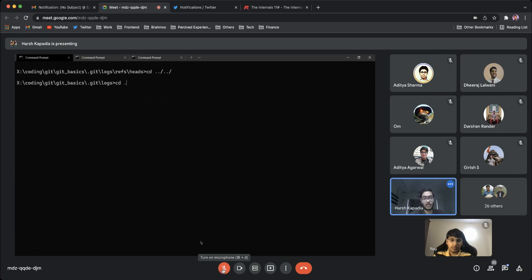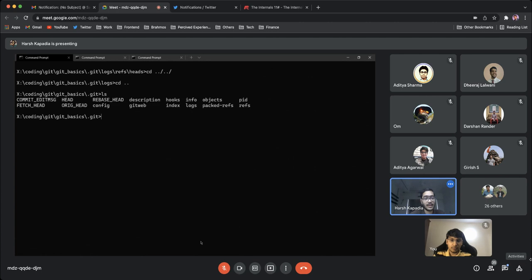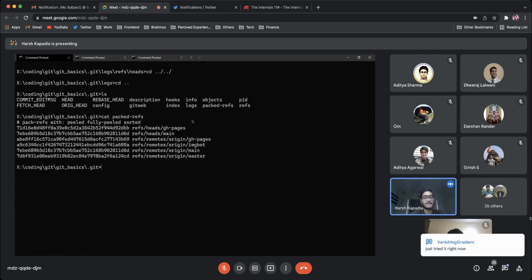So yeah, let's just move one above again. Yeah, so index done, logs done, packed refs, right? We did refs as well. So objects and refs are the only 2 things left, right? So great, let's get into packed refs, right? Oh, it's a file by the way. Cat packed refs, see, yeah. What's going on here? So basically, what's this file, right? So